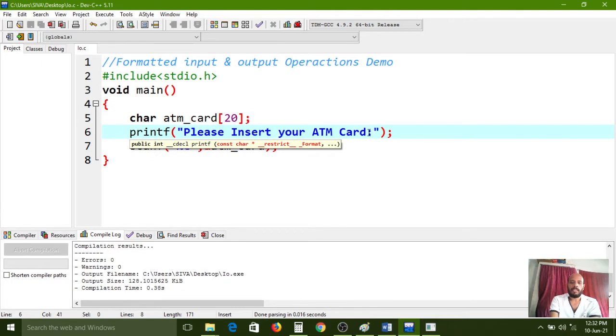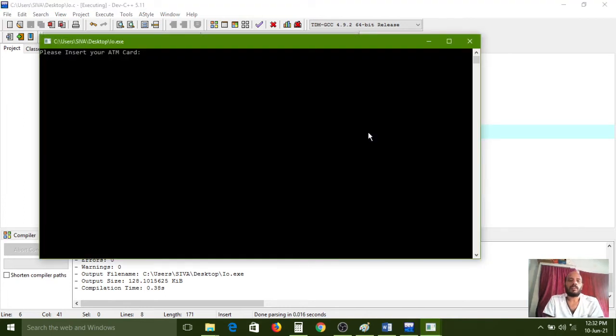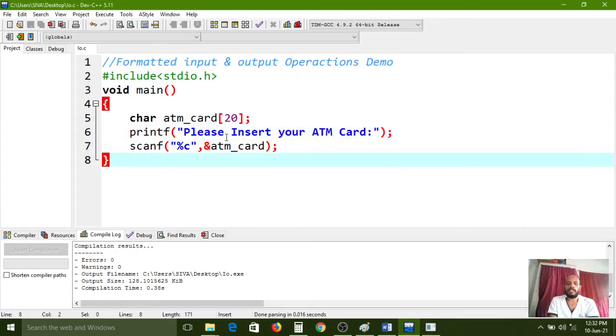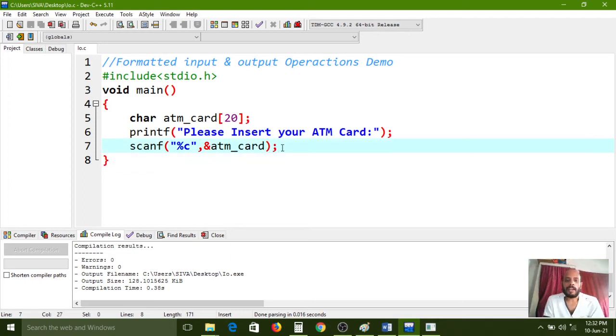Carefully observe. Compiling, execution. Please insert your card. Which type of card do I want to insert? Andhra Bank. If you enter the input, it terminates again, because our program takes input only up to what we have written. If you want to write more code, then it can accept more. After entering the input, the ATM card, Andhra Bank, if I enter Andhra Bank, the scanf function reads it as characters only. That's why it has taken characters.